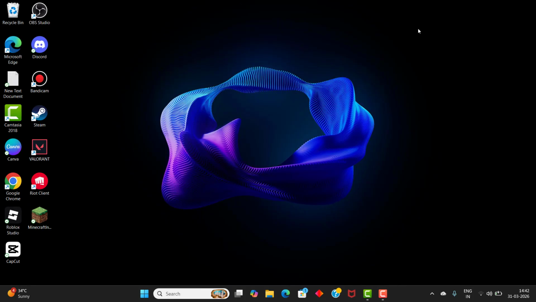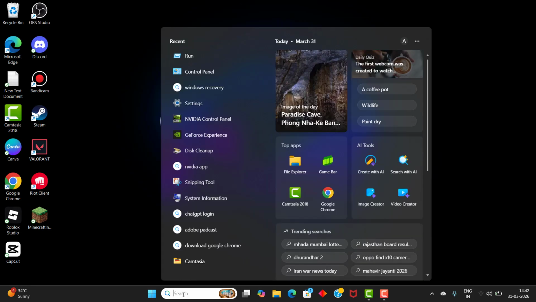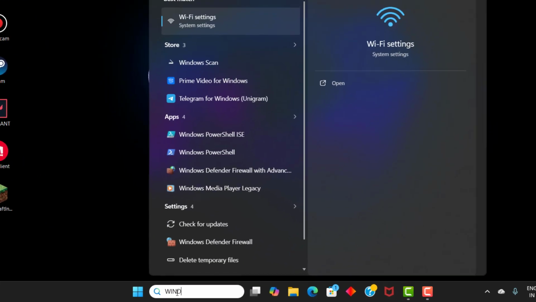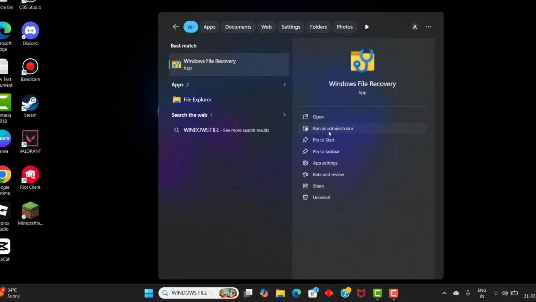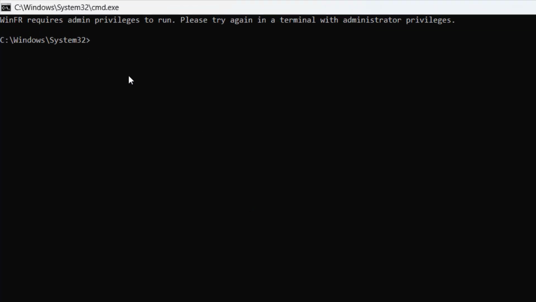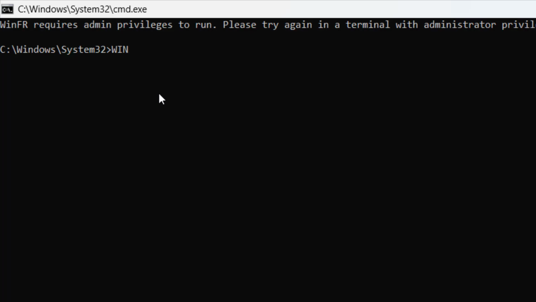If it doesn't work, I will give another method, method 3. For this you need to install Windows File Recovery. So go to the Microsoft Store and install this one, Windows File Recovery. I already installed it, so you need to click Run as administrator, and in this you need to write winfr and which drive, C drive or D drive, you need to recover. You need to mention that correctly,